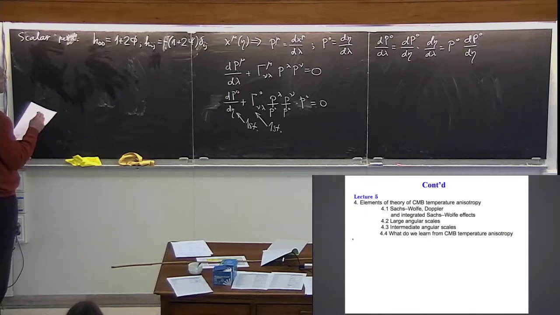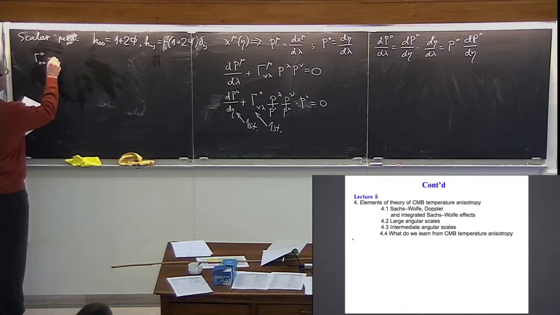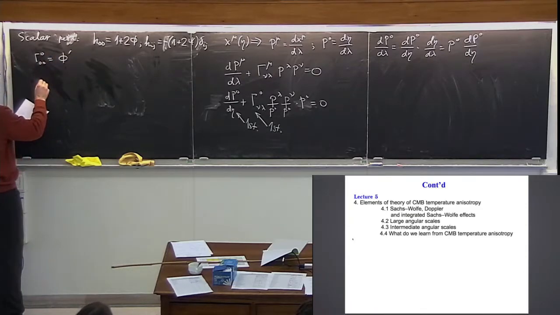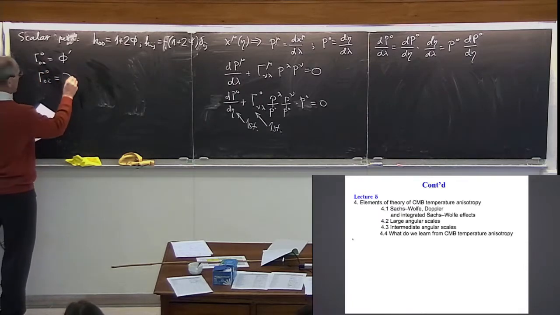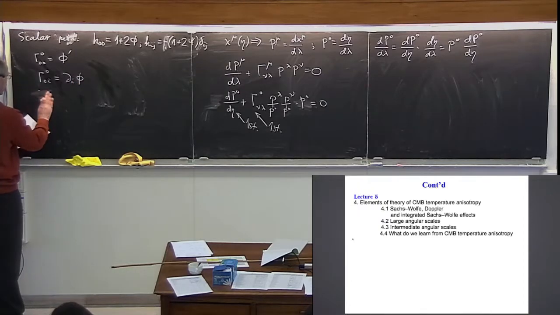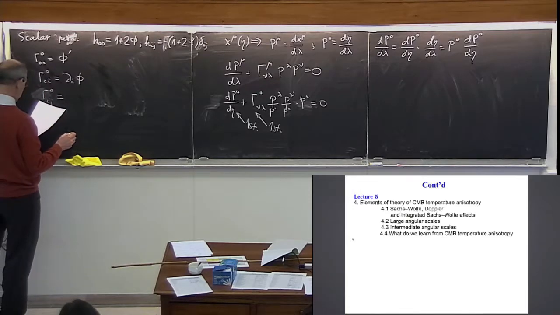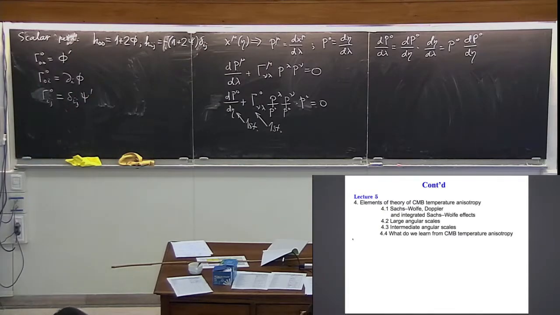I don't think I have to calculate them, it's trivial. Gamma 0, 0, 0 is phi prime. To the leading order, gamma 0, 0 i, that's what I need, is di phi, and gamma ij 0 for this metric is delta ij times psi prime, where prime, as usual, denotes the derivative with respect to time, conformal time eta. Okay,